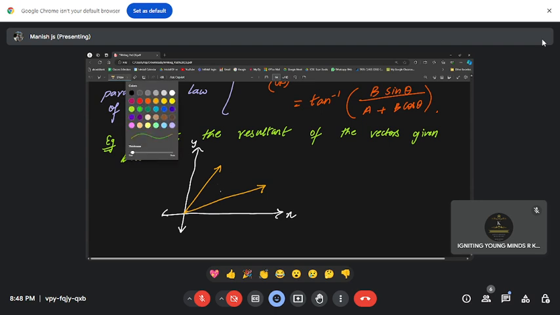Now the values of the vectors have been given here. So they're giving you the values of the vectors themselves. One of them is 25 newtons, the other one is 30 newtons. Or we will take small numbers to make things simple. So say this is 5 newtons, and this is the other one, we will take it as 8 newtons. So there are two vectors, 5 and 8 newtons.